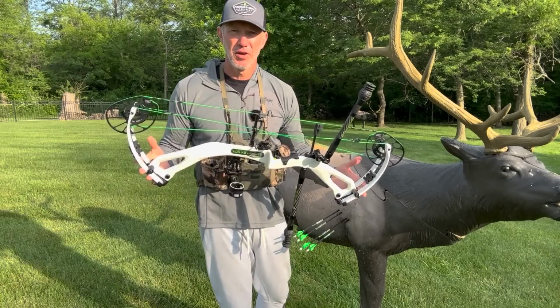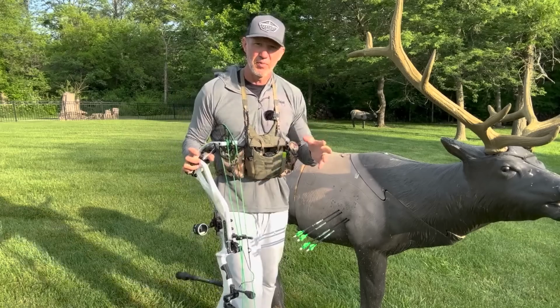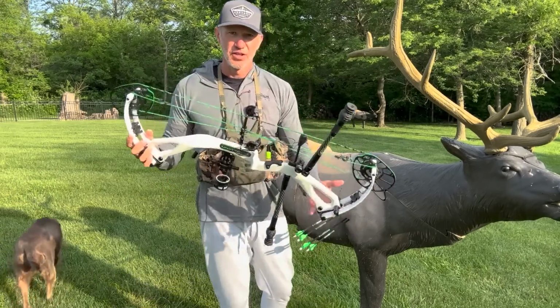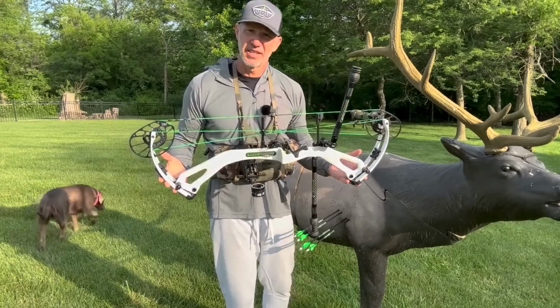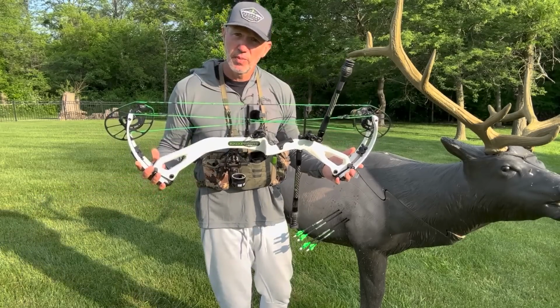Recently, I just built this bow for this upcoming tack season. I want to give you a quick rundown. A lot of people ask how I set up my tack bows. So anytime I'm practicing during the summertime, the bows that I build are normally in the low 60s, 62 pounds,